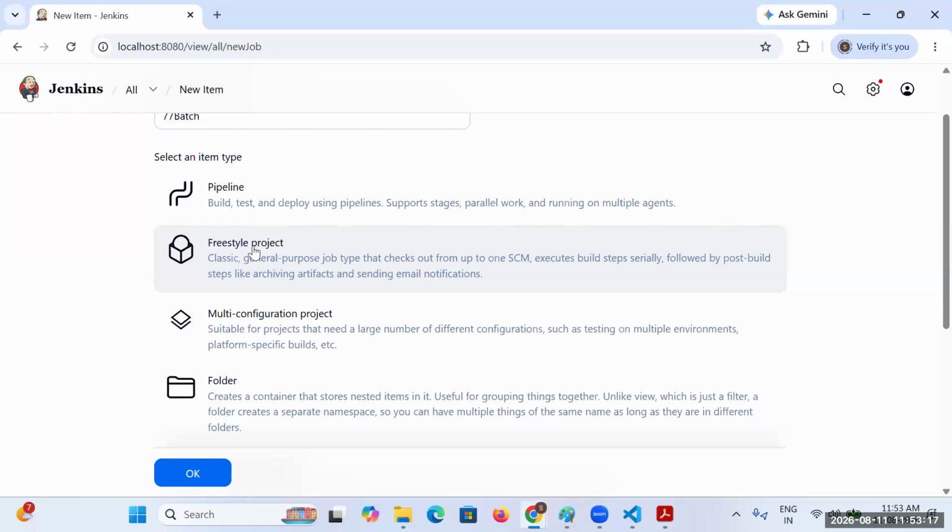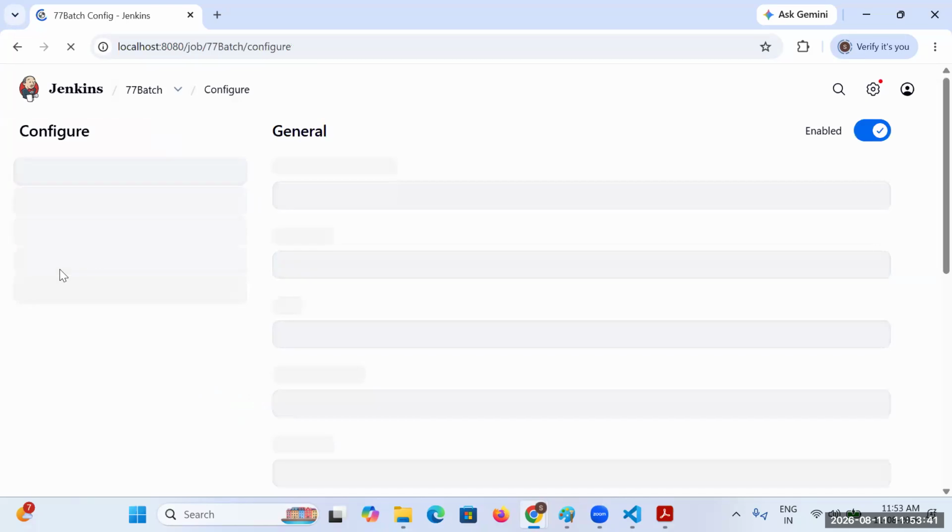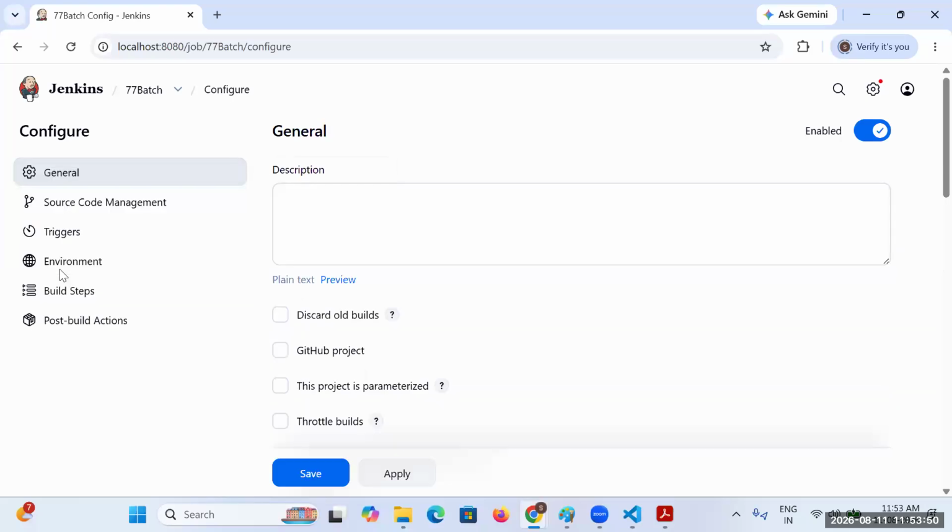Not only Jenkins, even test suites and Allure reports are not only related to testing. Whoever needs these features, like the testing team, development team, DevOps team, or AWS team, will be utilizing these tools. So now I'm selecting the freestyle project option. Then you can click on this OK button.